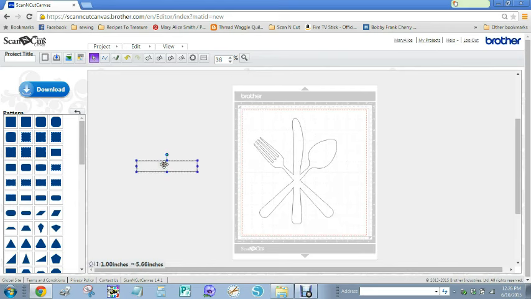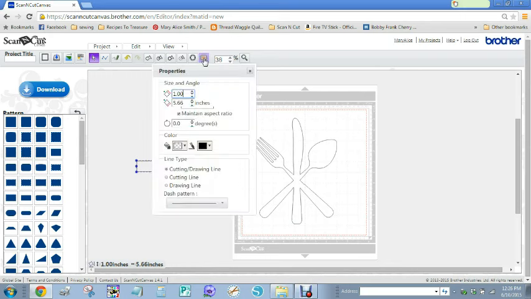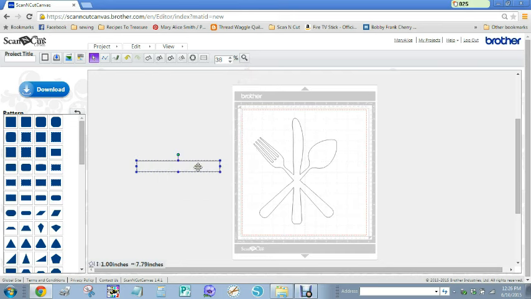So if I want to make this 7.79 inches wide easily, I can click its Properties, turn off the Maintain Aspect Ratio, because I've already got it 1 inch tall, and select and type in 7.79 and hit enter, and my rectangle is now 1 inch tall and 7.79 inches wide. So it's the exact same width